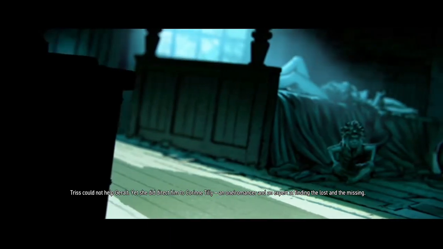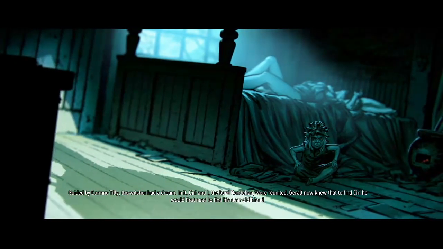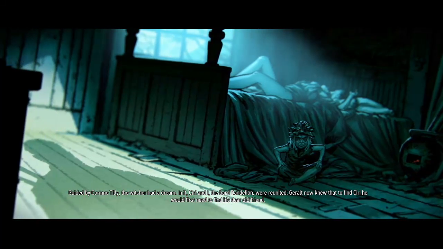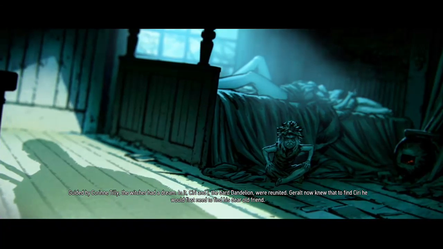Yet she did direct him to Kareem Tilly, an Oneromancer and an expert at finding the lost and the missing. Guided by Kareem Tilly, the Witcher had a dream. In it, Ciri and I, the bard Dandelion, were united. Geralt now knew that to find Ciri, he would...